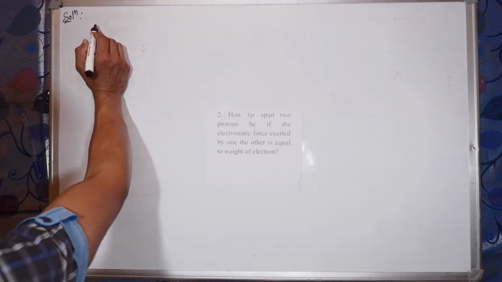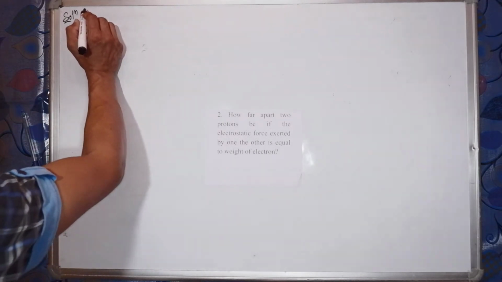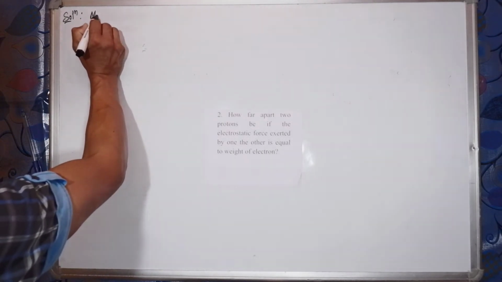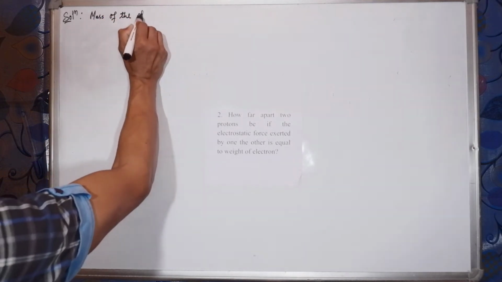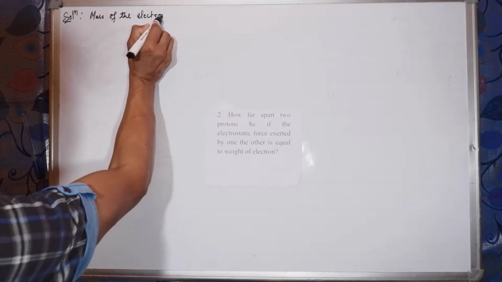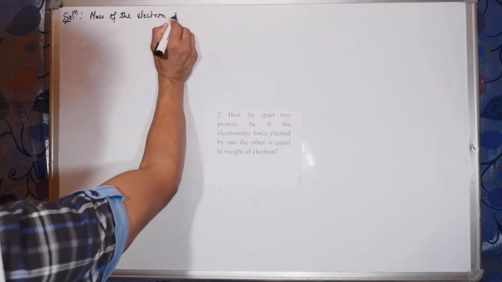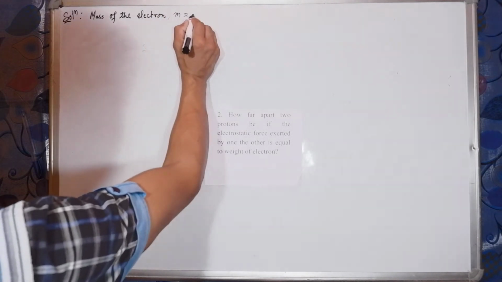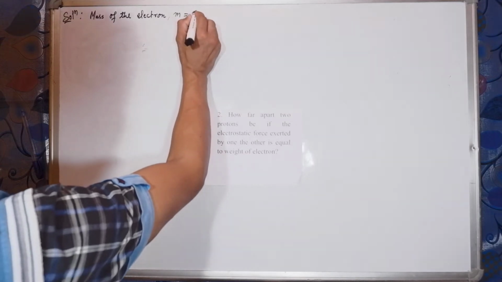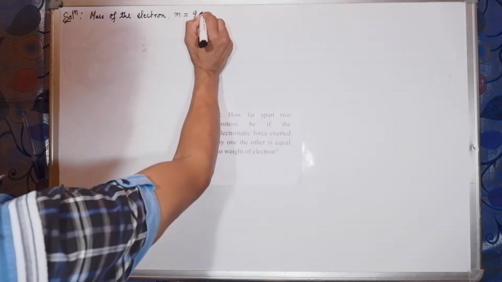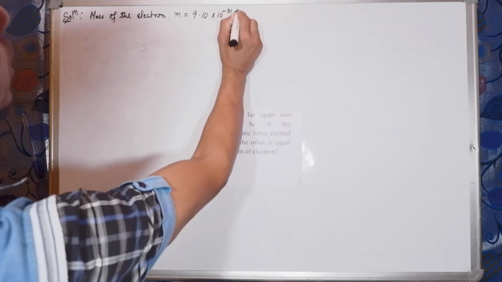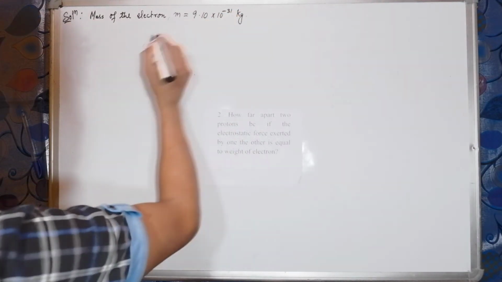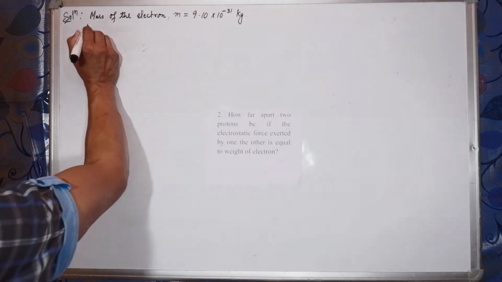What do we know here? We know the mass of the electron, let us say m, is equal to 9.10 into 10 to the power minus 31 kg. Then the weight of the electron